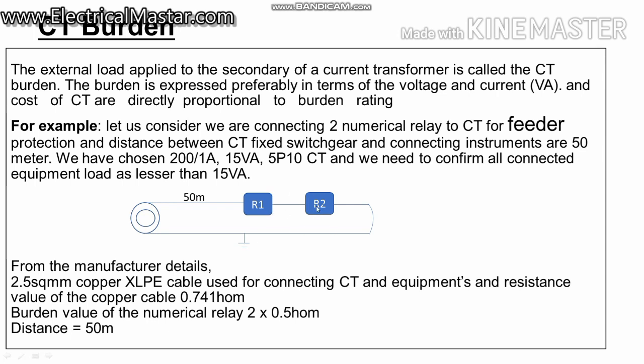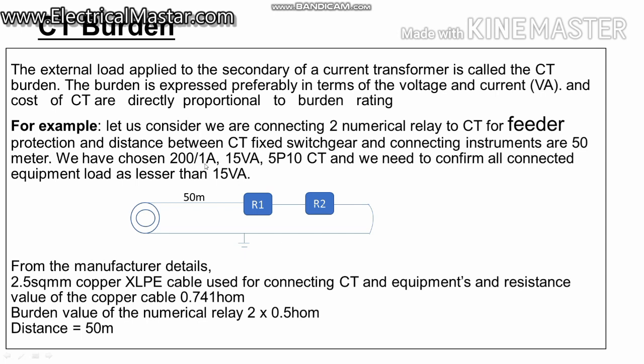As per the thumb rule, I select the switchgear primary current rating, whatever the full load current is, and choose a CT 20% greater than that. This CT is for protection purposes, so I choose 5P10 accuracy class, and I know the burden could be 15 volt ampere. Now I want to recheck whether this 15 volt ampere burden is sufficient for these relays. So how can I verify? It's very simple. Before that, we will get some inputs from this question.